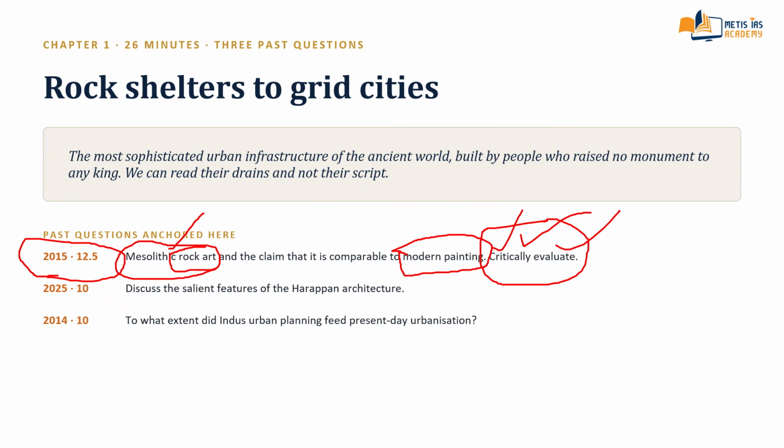The third one is, and this is the strongest objection, the superimposition itself refutes the claim. If these were valued as finished aesthetic objects, later painters would not have painted straight over earlier work. They did, repeatedly, for millennia. The act mattered more than the artifact. Then give the balanced verdict, because the question asked